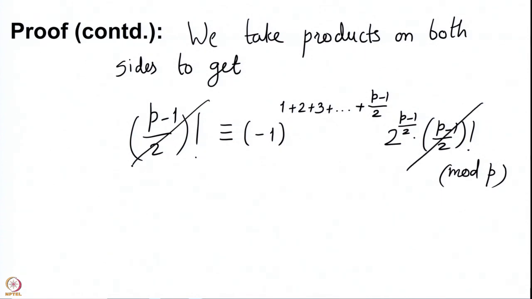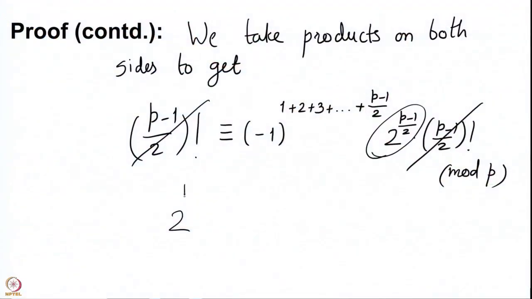So, we have the equality of these things modulo p, but then we observe that these two numbers can be cancelled out, because these are both non-zero, and 2 to the (p minus 1)/2 is either 1 or minus 1. So, we will just multiply that number by itself and we have it on the other side. So, we have 2 to the (p minus 1)/2 being congruent to minus 1 to the power of this sum, and this is an arithmetic progression, and I leave it to you to figure out that its sum is really (p squared minus 1)/8. So, this sum is really (p squared minus 1)/8 mod p,